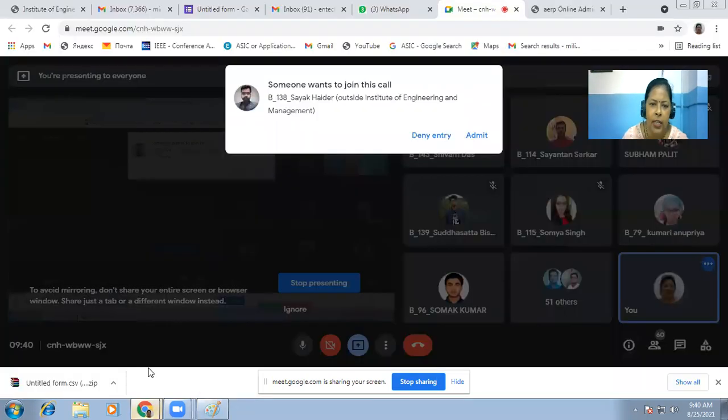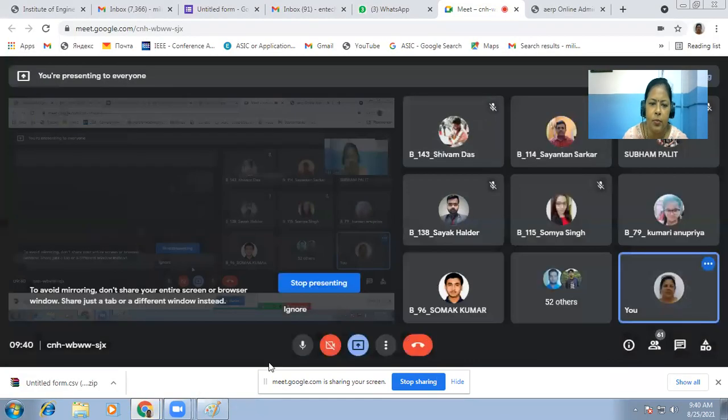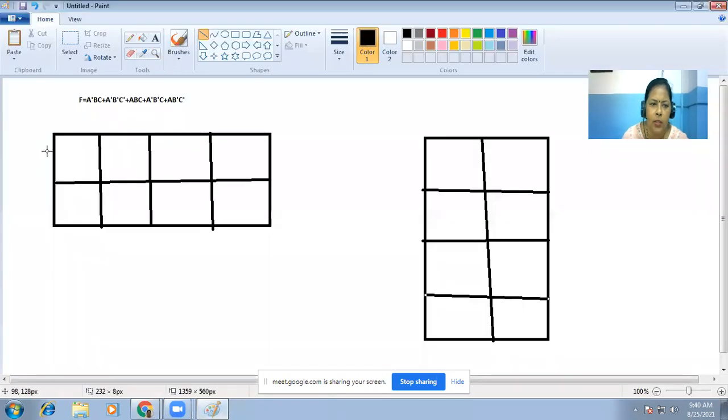Now for this side it is having only 2 rows, so we will assign only one variable on this side.